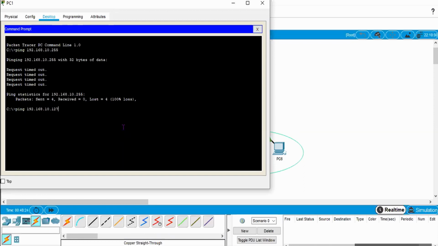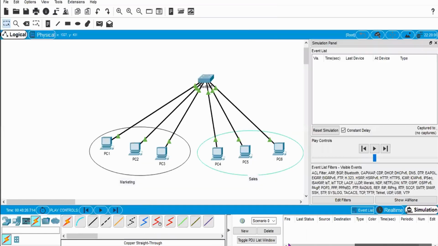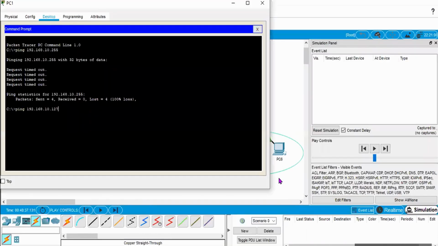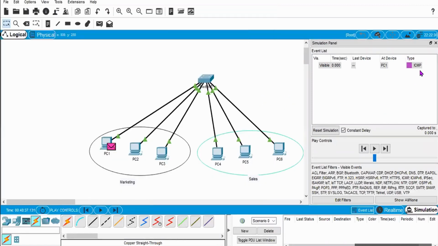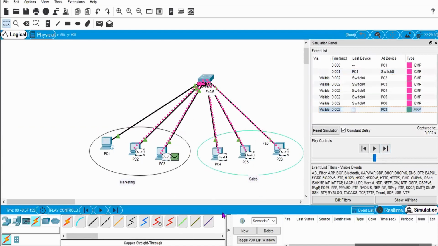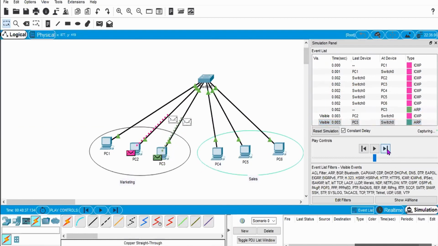Okay, and if I analyze this packet, this is one echo request, a broadcast request generated by PC1, and this will go to the switch, and the switch will flood that echo request over the entire network connected with it. Okay, and the sales department, because they do not belong to that broadcast, are basically discarding that packet, and PC2 and PC3 will reply to that packet.